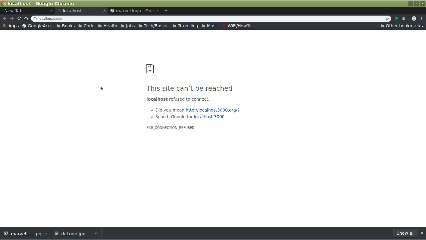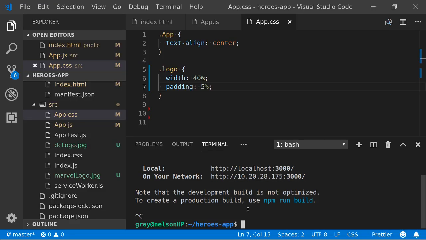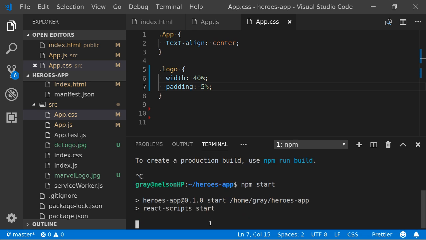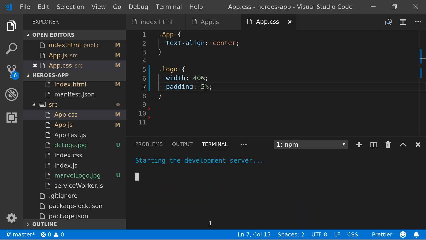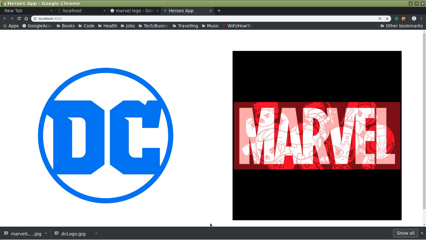Yeah, so that might happen to you. The server might stop running. So make sure that you go to your terminal. Make sure you're in your Heroes app folder, because it won't work if you're not in your Heroes app folder. And then just type npm start, hit enter. That runs that React script that was created for us earlier. And that should automatically open up your browser to localhost 3000 and it displays.